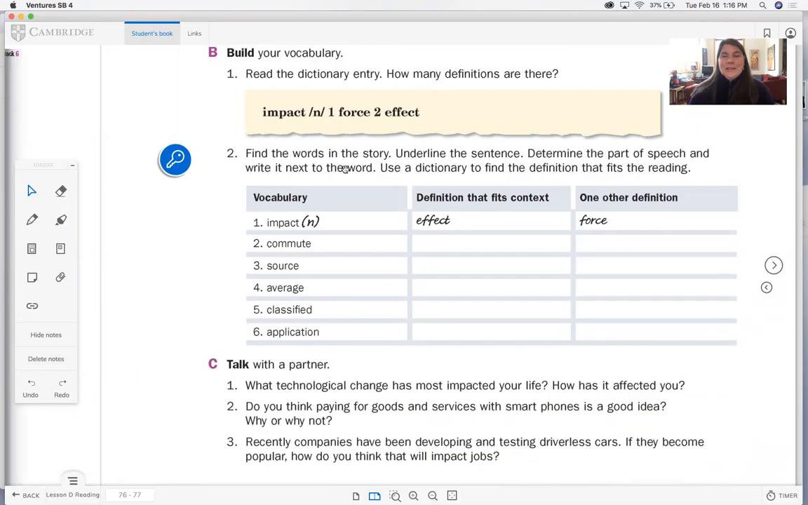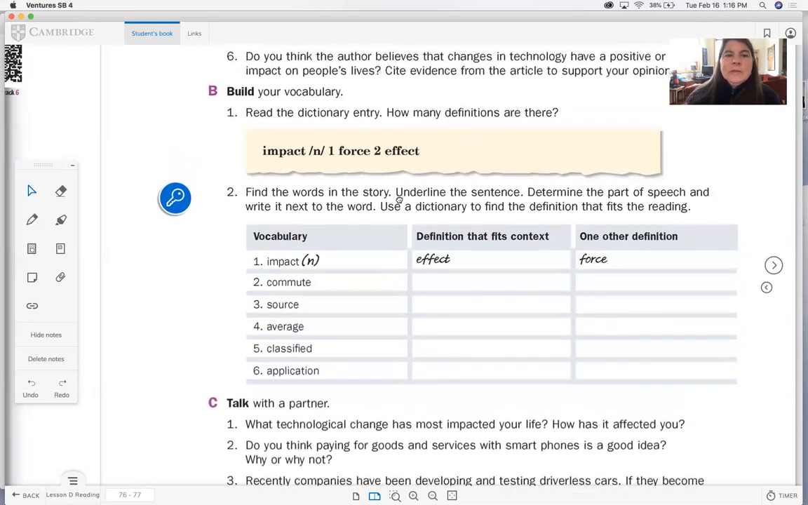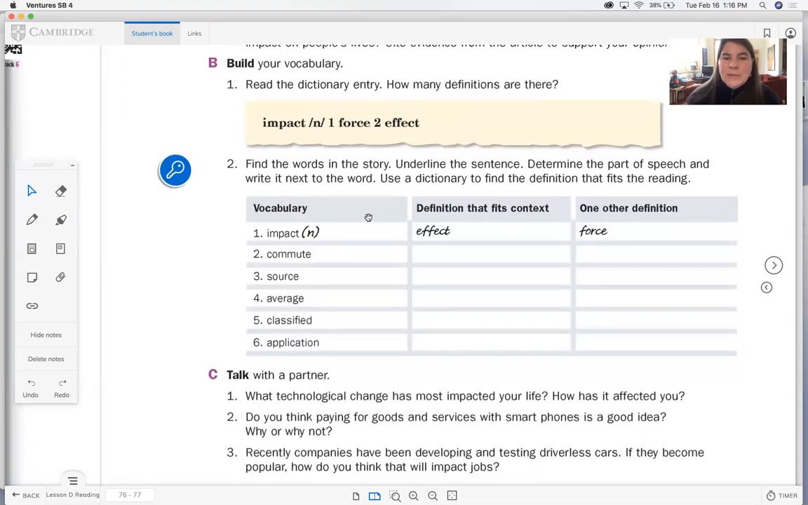Okay, let's look at this. It says, underline the sentence, determine the part of speech, write it next to the word right here. N is for noun, V is for verb, that sort of thing. And then a definition that fits the context, and then one other definition. So this word here, impact, if you look in your dictionary, force or effect. So sometimes words, it doesn't say it up here, but sometimes words can have more than one definition, which you know. So impact,